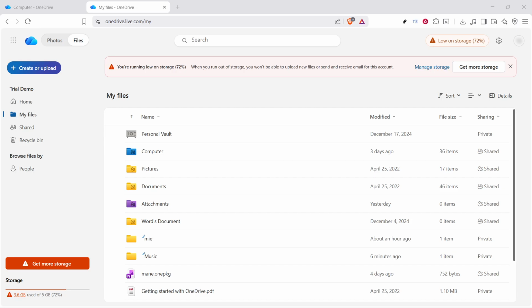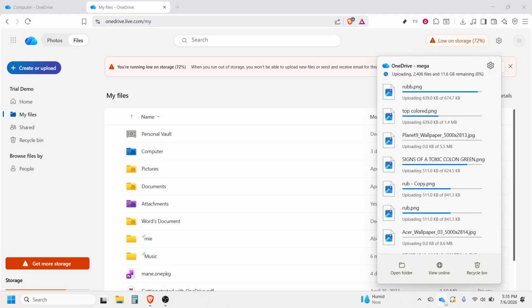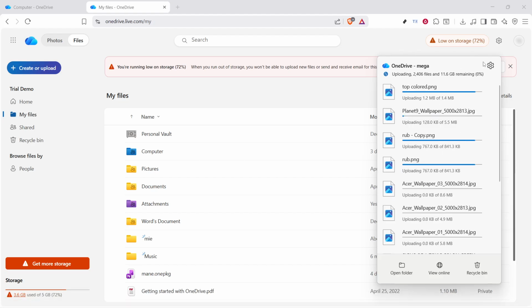To begin, look down at the taskbar on your Windows computer and find the OneDrive cloud icon. Click that icon to open the OneDrive panel. If you don't see it right away, it may be hidden in the small system tray area, so you may need to click the arrow that shows hidden icons first. Once the OneDrive panel is open, you're in the right place to adjust how your files and folders are being